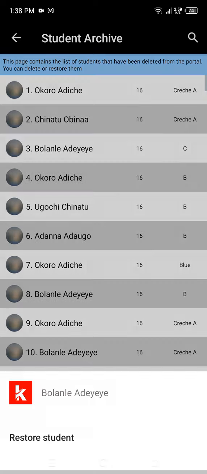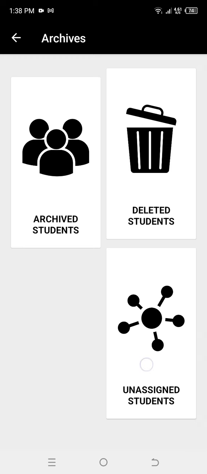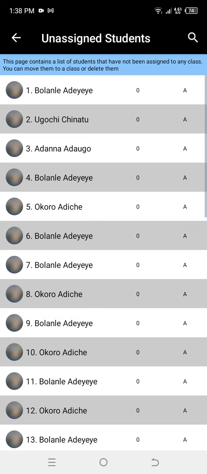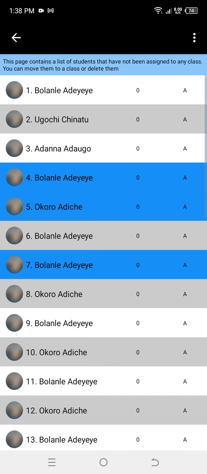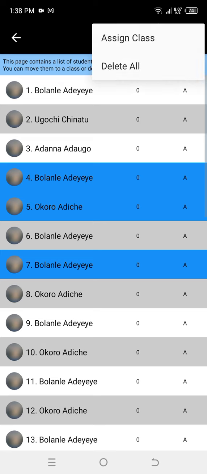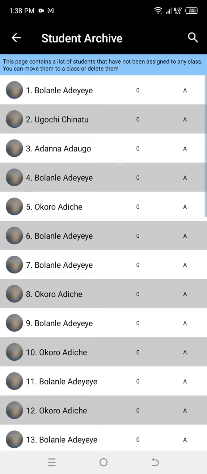Before now, teachers had access to this place, right? And then there are the unassigned students. Probably you added students in bulk and, peradventure, a student did not appear on the student list. You come to the unassigned students and you see the names, and then you can move them to classes like this with assign class, or you delete them. Teachers had access to this page, and now we've put in an option for admins to either restrict the access